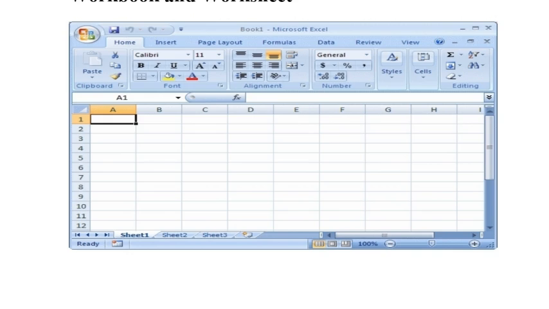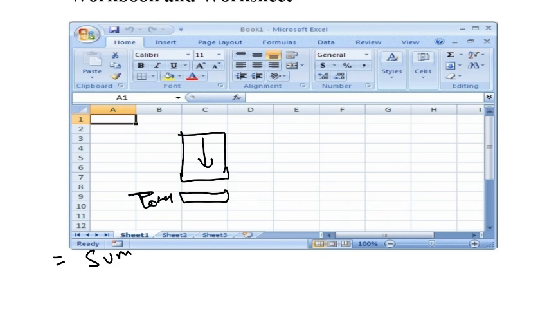Example, the same example that I showed you. For example, from C3 to C7 I have some data. I have to copy this, I have to add this one. So here I will find the total. In this cell I will write the formula equals SUM, C3 to C7. I will write this. So whenever you copy, you will get some total here.